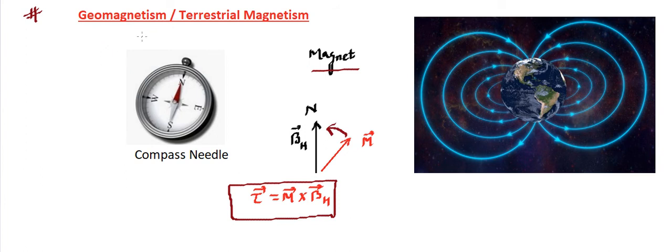So here I have shown this picture borrowed from somewhere, and it shows the magnetic field lines of the earth. Basically, the earth has its magnetic field. That is the point here, and that is why the term geomagnetism comes. Magnetism means magnetic field, geo means earth. So the earth's magnetic field is also known as the terrestrial magnetic field. Again, terrestrial means the earth's surface. So that is the magnetic field on the earth's surface. If someone draws the magnetic field because of this earth, then these are the magnetic field lines. They are the magnetic field lines due to the earth.